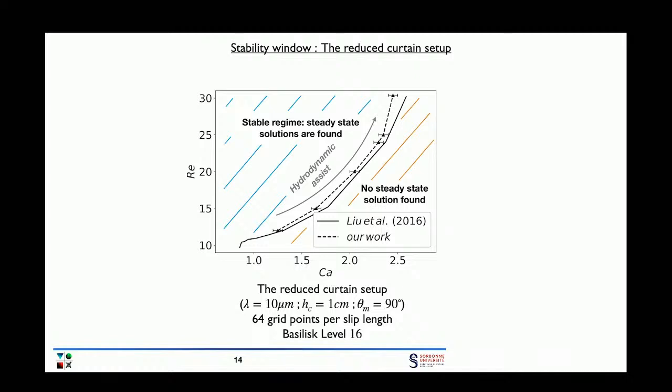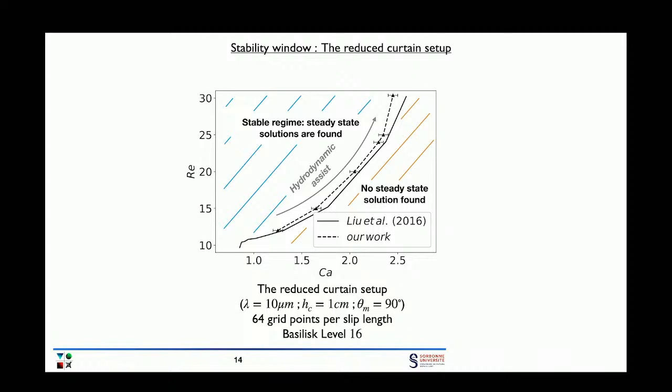Now we did it for the reduced curtain setup. By reduced curtain setup, I mean that the height from which the liquid is falling is 1 centimeter, slightly less than what was there in the experiment, and the slip length is quite large, which is 10 microns. We will reduce it later. This was done so that we can compare against previous simulations by Liu, Vandre and Kumar group, and you can see that we have obtained a stability window which is close